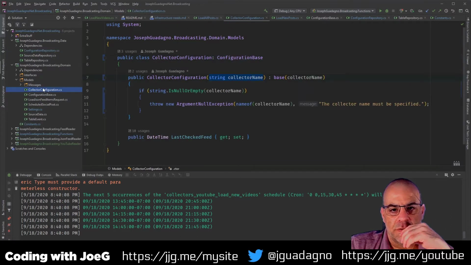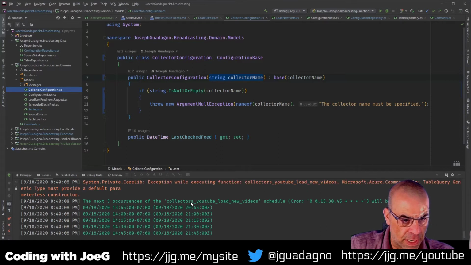Oh, for this. The collector configuration. This needs a parameterless constructor, I believe was the error message here. Yeah. Microsoft Azure Cosmos table query generic type must provide a default parameter constructor.